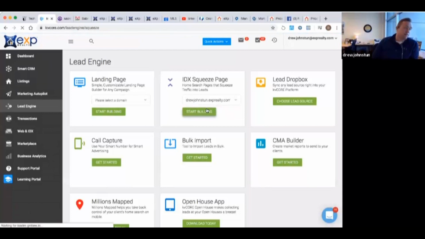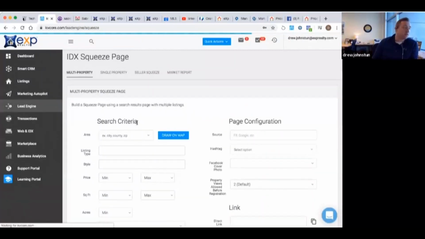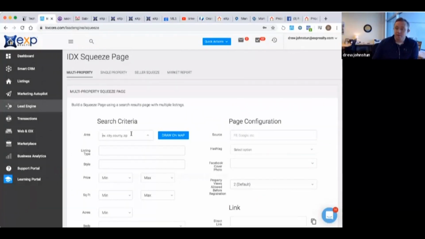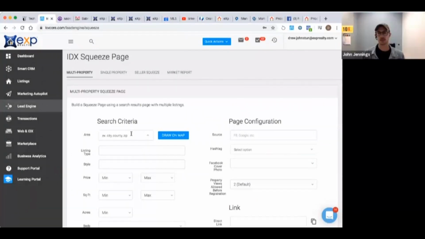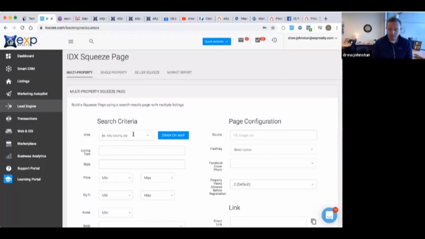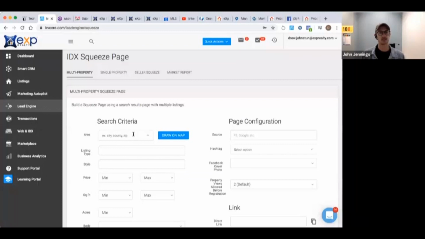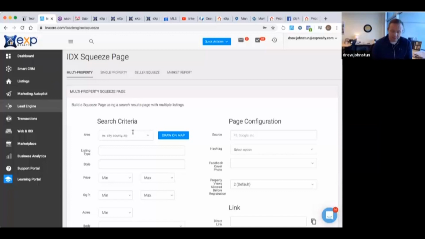So not only can we do it for county, we can do it for cities, we can do it for neighborhoods. Is he local? Randy, where are you located? I don't think he is. Okay, so then we can do. Oh, Reno, Nevada, Lake Tahoe. That's a different MLS. Okay, all right. So then let's see. We can do whatever we want.